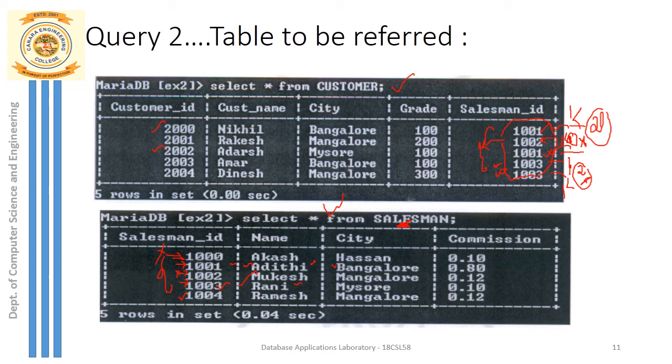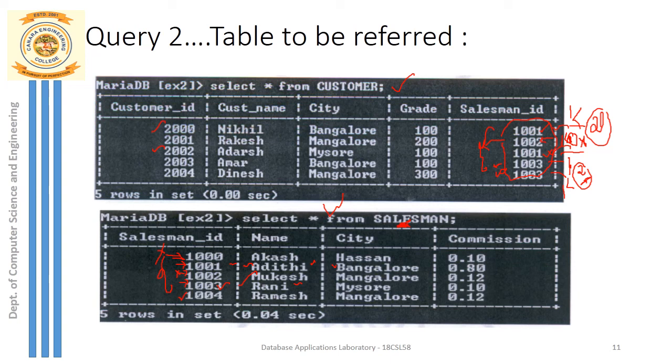So the condition is compare that with the value 1. So whether 2 is greater than 1? Yes. The meaning is you have the salesman who is serving more than 1 customer. That means 2 customers he is serving. So I must select this particular salesman. So who is that salesman? Rani is the salesman, and the ID of Rani is 1003.